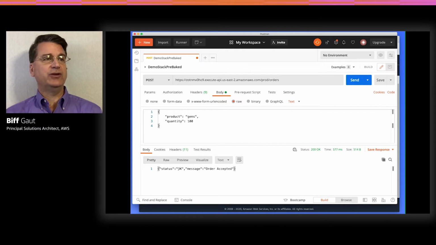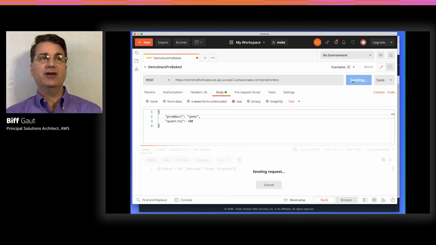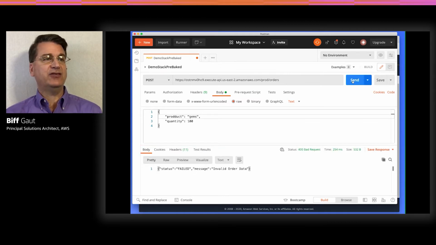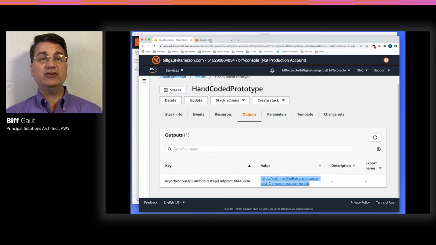In the lower pane, you'll see the results, in this case, status OK, and a message of order accepted. What if we didn't send the correct attributes? Let's purposely corrupt our request body and change our attribute name. Then when we invoke the API, we get back status failed, invalid order data. So we'll fix our attribute name, and we'll change gems to coins just for fun, and invoke the API again. Status OK, order accepted. So we've invoked the API 3 times, twice successfully, so there should be 2 valid orders